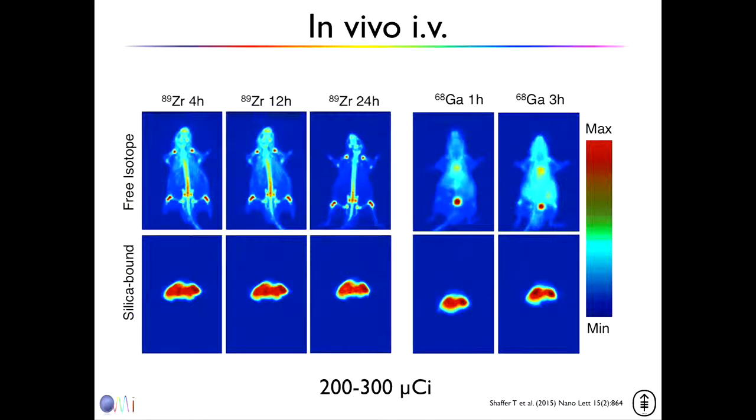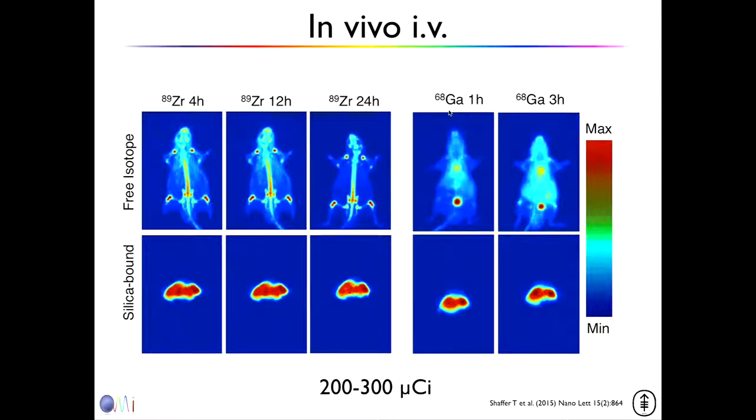So how did we test this? It's a very nice, easy experiment if you use the biodistribution. So for example, we all know zirconium is a bone seeker. So if you inject free zirconium, you get a nice depiction of the skeleton of the mouse. If you now inject the zirconium bound to the silica nanoparticle, all you see is liver. And that's what those particles are supposed to do. They're going to the liver, and you don't see any skeleton here anymore.